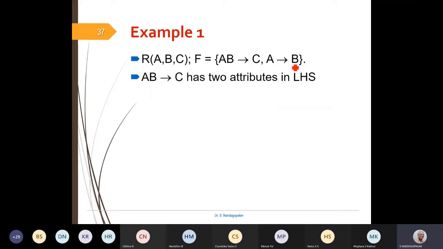Each of these FDs has a single attribute on the right hand side, so there is no problem. The first condition is satisfied. Now the second step is to find out whether any extraneous attributes are there.